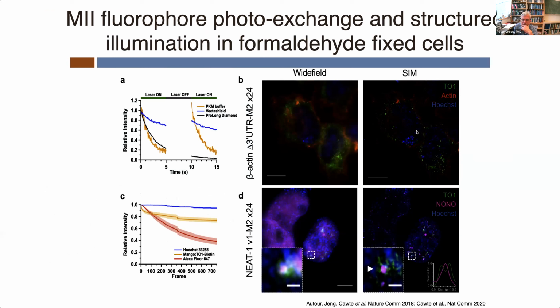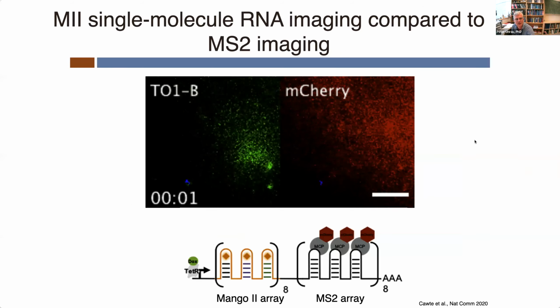Interestingly, these aptamers are still well folded in 4% formaldehyde. I find this data particularly exciting. Normally, photobleaching is not something one gets excited by. This is demonstrating photobleaching of a Mango aptamer in 5 seconds. What's interesting is that after 5 seconds of having the laser off, and using liquid media containing the fluorophore that binds to our aptamers, we've completely recycled that fluorescence cycle. And that can be done up to 700 times before we got bored. Right, so we can continuously image these systems by fluorophore recycling.